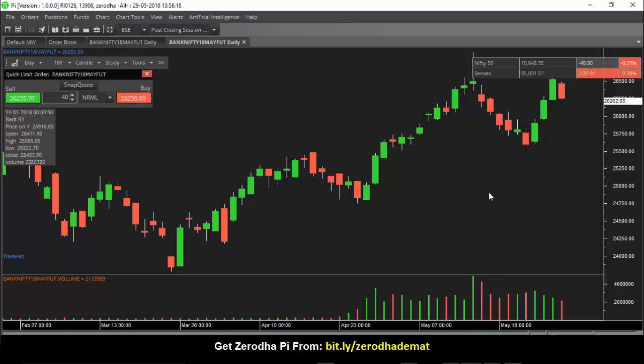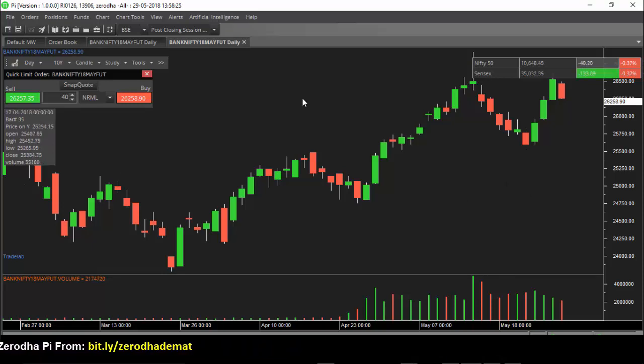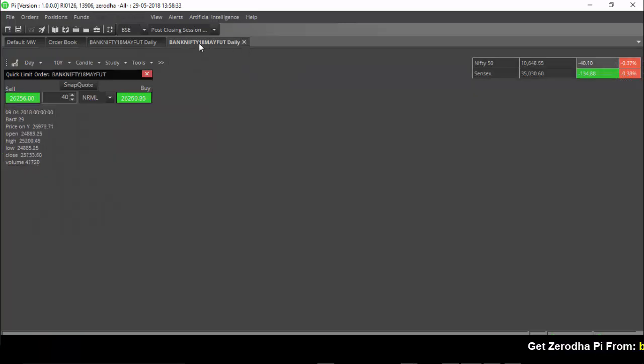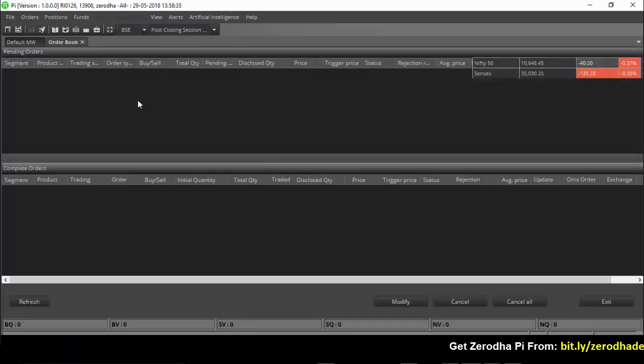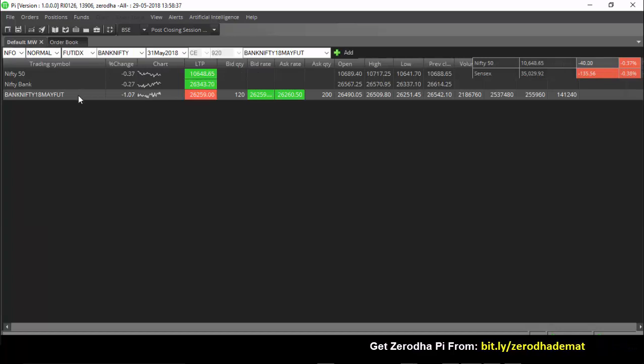So we can get only 3 months data with the normal future contract chart. In any other broker terminal, you will get a chart like this. So you will not get a continuous future chart. So let us close this chart. Now I will show you what is a continuous contract chart.